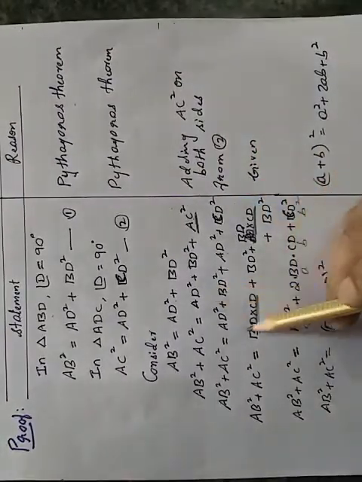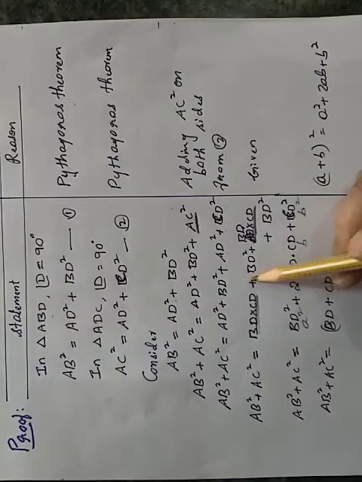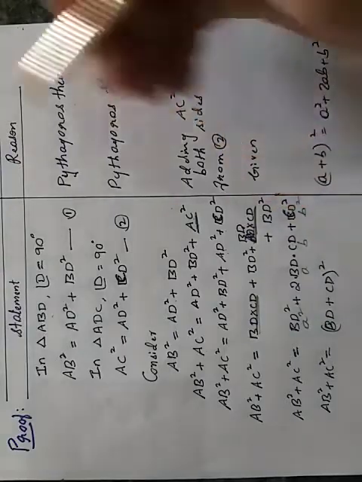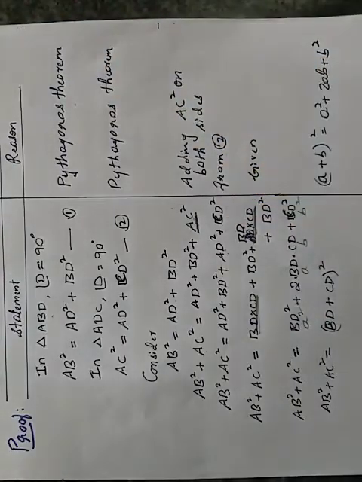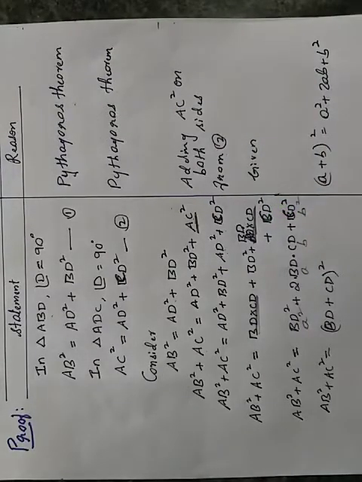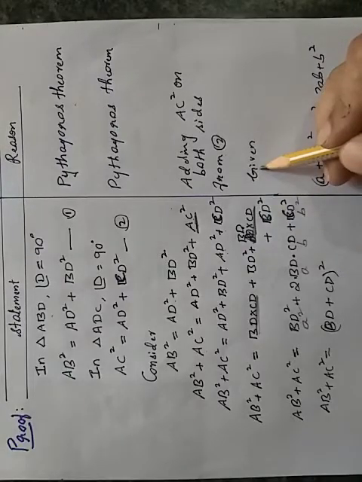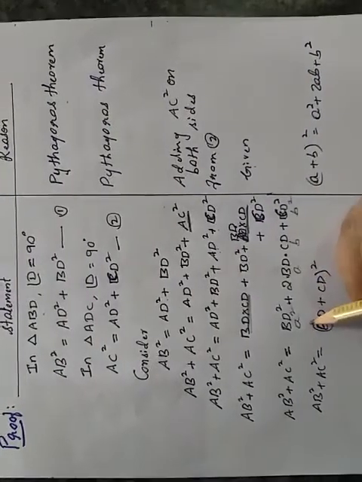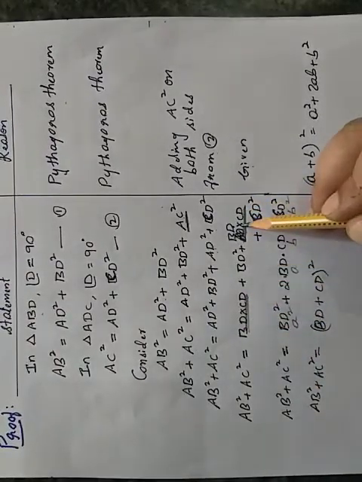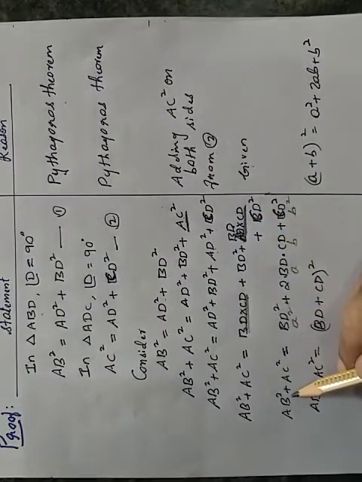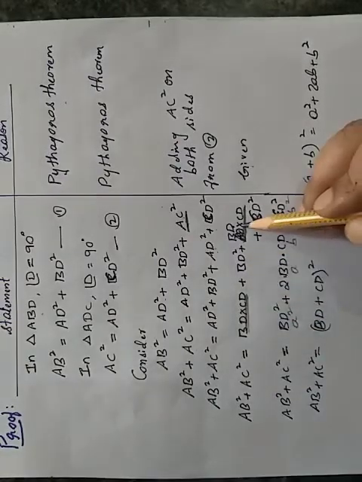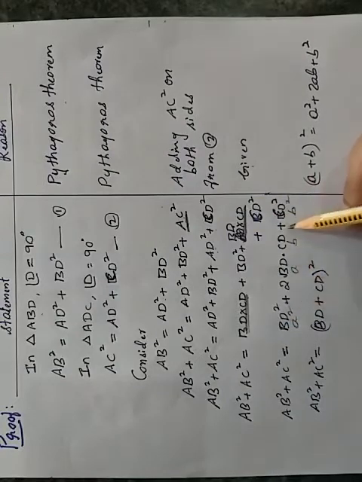That is, AD square is nothing but BD into CD, plus BD square. Again, AD square you have, the value is BD into CD, what they have given, plus what you have here, this is CD square. So that is what you have to write. It is given. Now in the next step, I have underlined in pencil BD into CD plus BD into CD. So in the next step, you will get AB square plus AC square is equal to BD square plus 2 times BD into CD